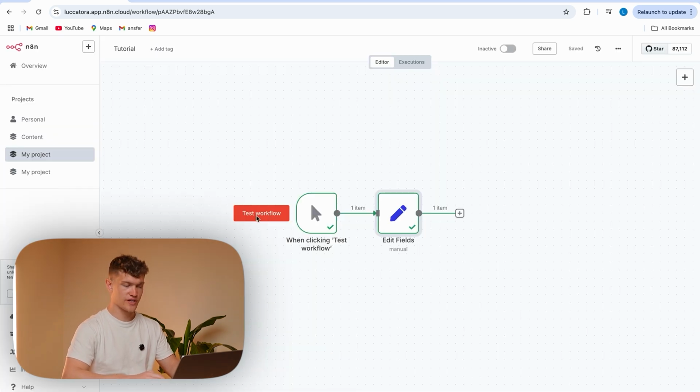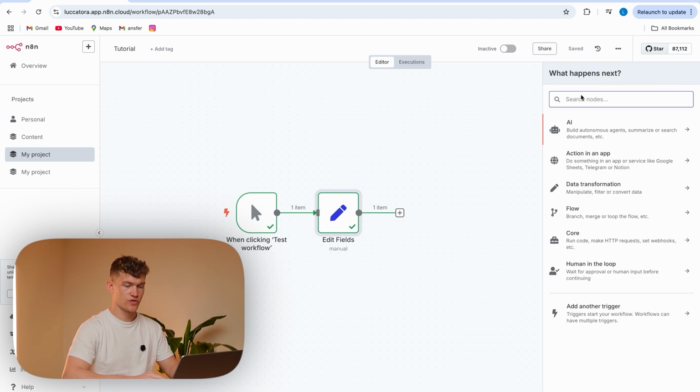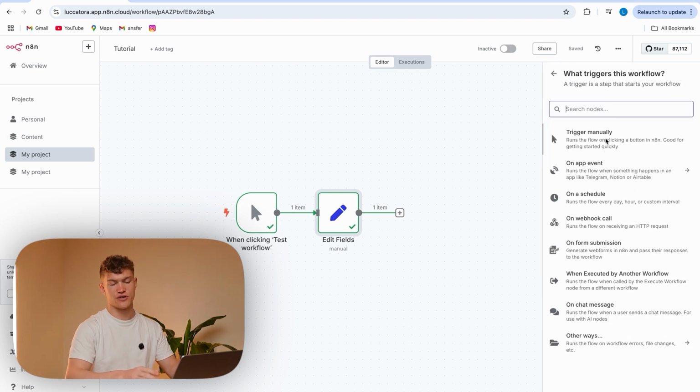This test workflow is your best friend in order to test things and just run the workflow basically to make sure everything's working really well as you're building and as you're going. And then to go through some of the other triggers and nodes that we could use, we'll go through the triggers first. So if we press in here, as you can see, trigger manually is the one we have at